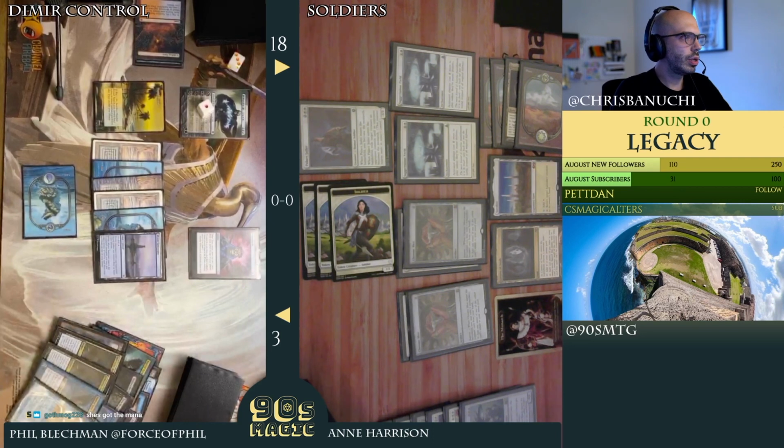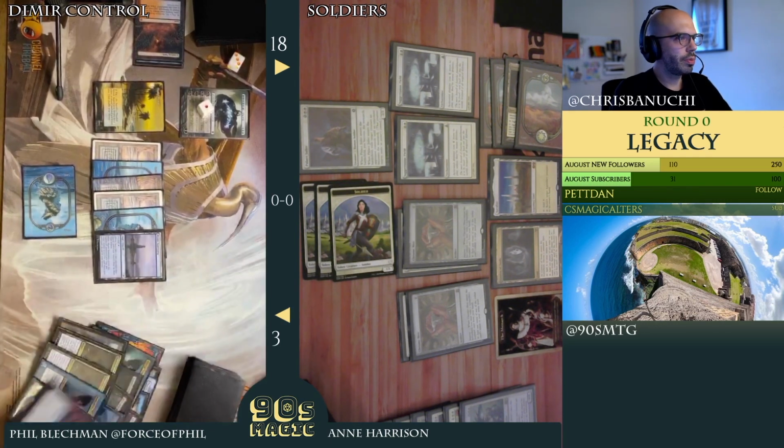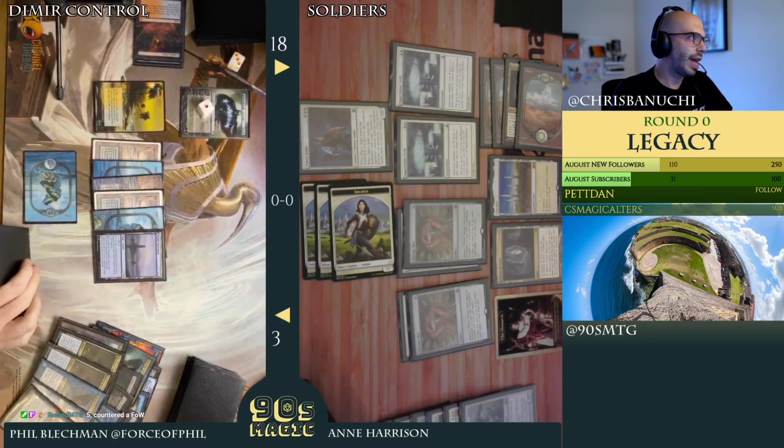Yeah, that's true. So let's see. 1, 2, 3, 4, 5. Oh, yeah, the 2 Chromoxes. Yep. She does. Brainstorm here. That's going to get Cryptic back in hand. I guess Jace can also, if he gets enough lands, he can